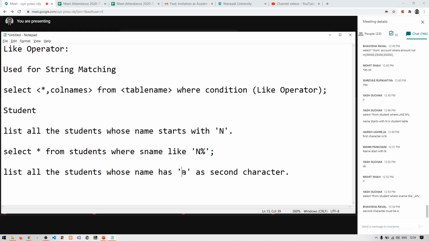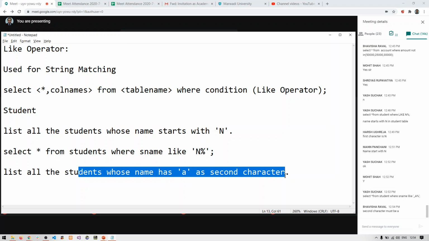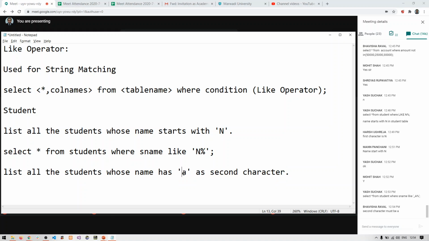But second character of the name should be A, and after that there can be any number of characters. Right? Is everyone okay with the question? It says that first character can be anything, second character must be A, and after A there can be any number of characters. Right? So how to write down this answer?